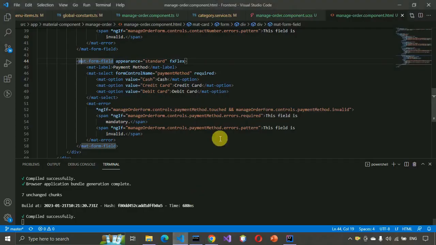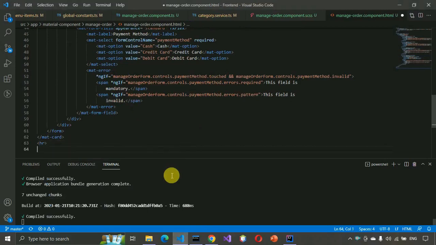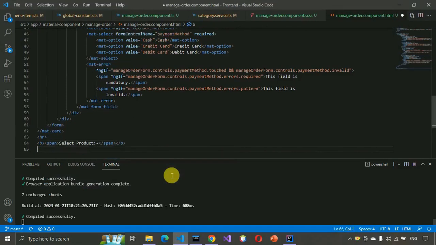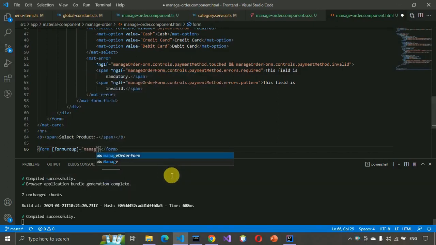It means this one is also working fine as expected. Now here we have to break the line, HR like this, and after that we have to write b, bold and span, and here we have to write select product, and here we have to write form. Actually we have to create one more form in the same name, form group, and here we have to write manage order form,